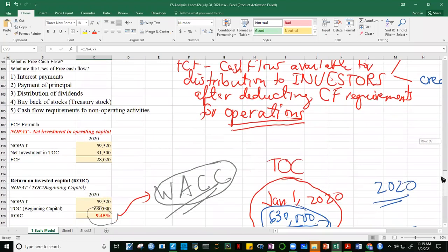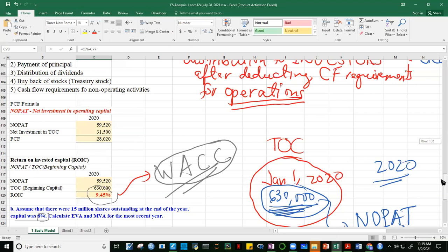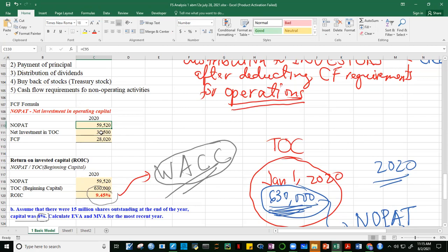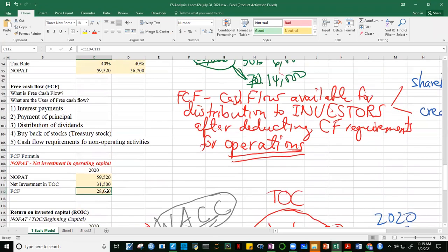Okay? So how do we compute for free cash flow? We start with NOPAT, and then isa-subtract natin sa NOPAT yung cash flow requirements for operations, which is the investment in TOC. So ang available na lang for distribution to shareholders, to investors is 28,020. And that's for interest payments, principal payments for creditors, and then for